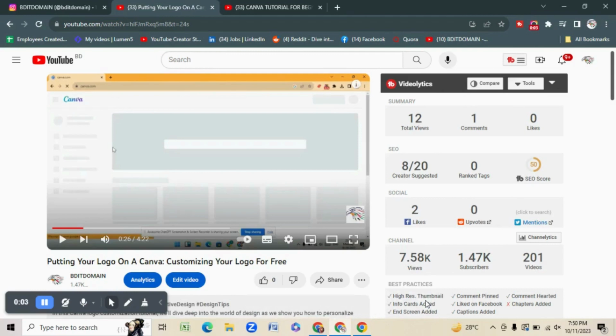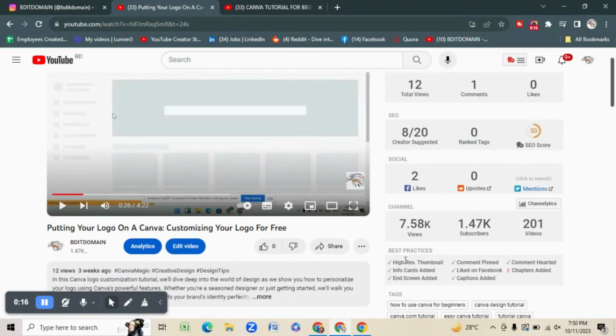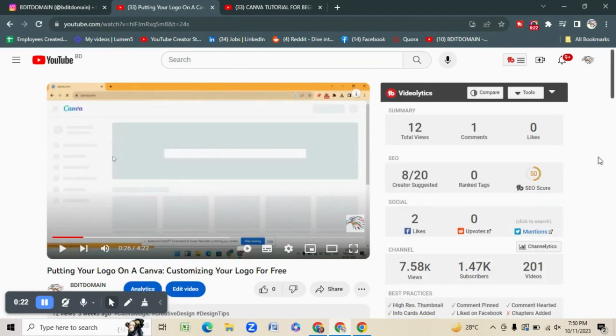So we have shown all the process for SEO: how we can add our SEO behind our content, and how we can set a high resolution thumbnail, comment pin, info card, screen edit, caption edit, comment hearted, everything we have shown. And now you can see that we have added our SEO behind this content, but